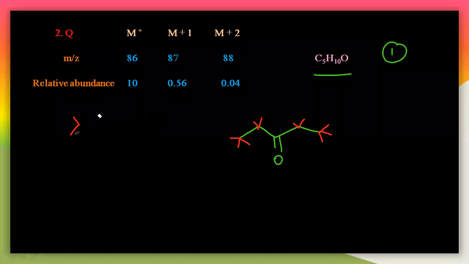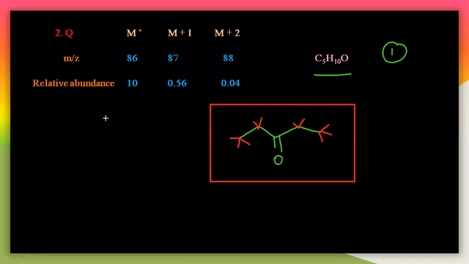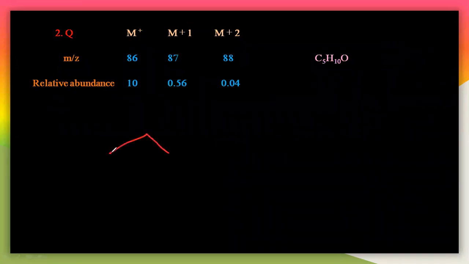So see the structure for this. Exact structure is this one here. So this is the final structure of this particular formula here, C5H10O here. So see this particularly, you can easily understand this. So once again, I will draw that particular structure here. So see the structure of this. Is this C5H10O here?